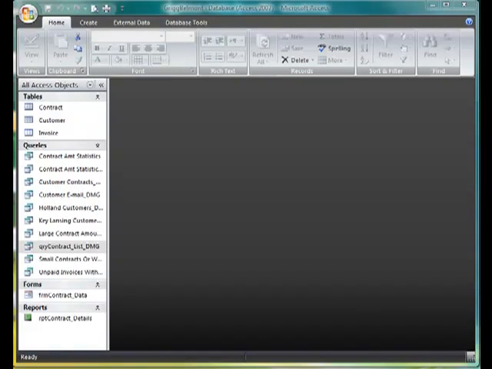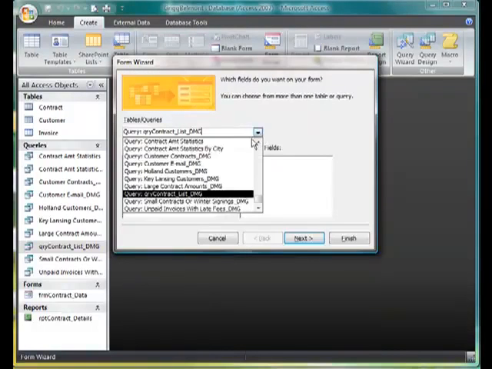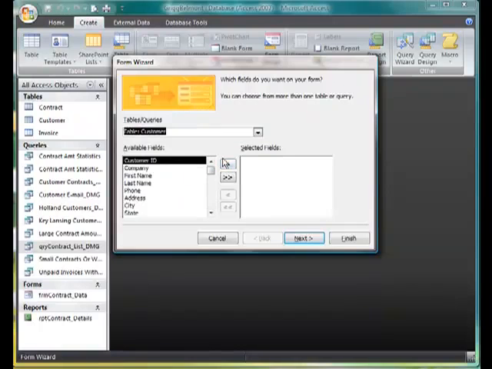In this segment, we're looking at Microsoft Access 2007, New Perspectives, Tutorial 4, and we're going to build a form with a subform, and I'm going to show one method of resizing the fields, the column widths in the subform. So first of all, I'm going to click on Create, and I'm going to create a form using the Form Wizard, and my fields will come first from my customer table,